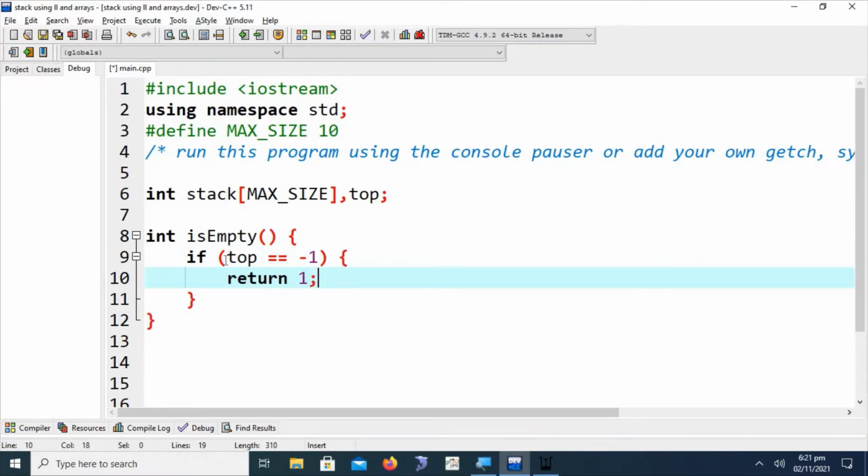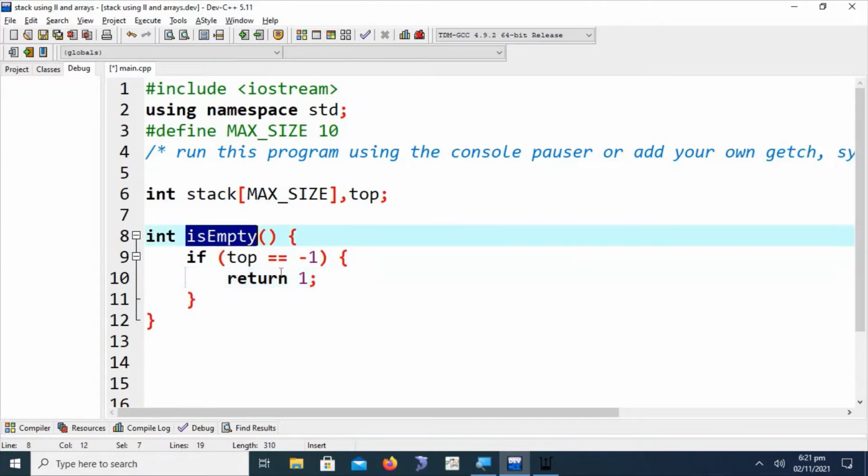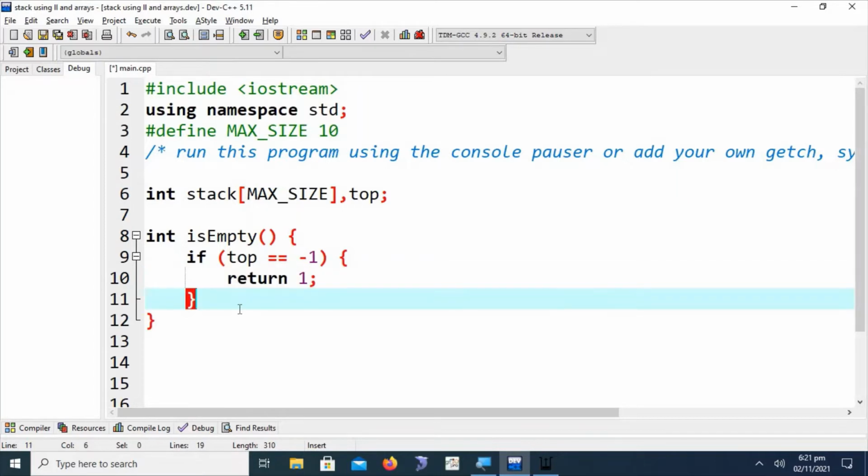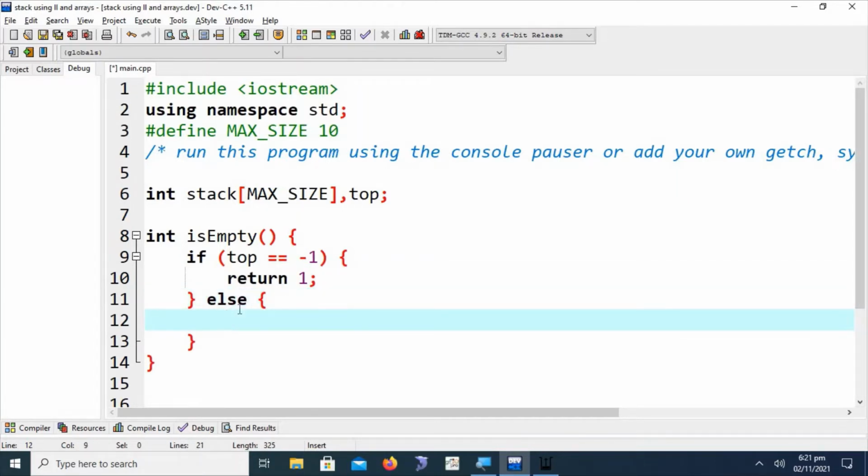If we use this is empty function in an if statement, then it will return 1, meaning the statement will be true. What will happen if top is not -1? Then the stack has some values, so we will return 0. 0 means false.